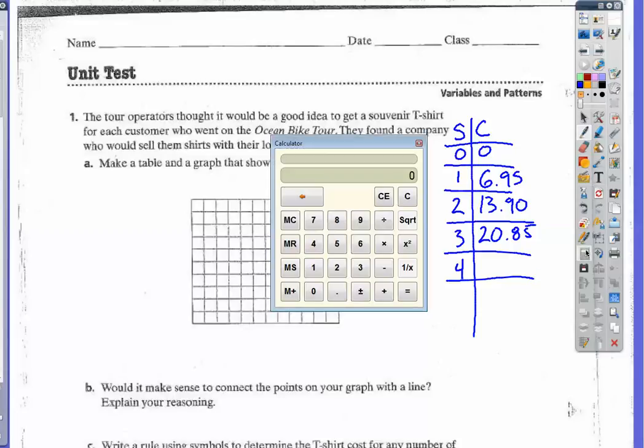So we have, just going to double check my math, $6.95 plus $6.95 plus $6.95 plus $6.95